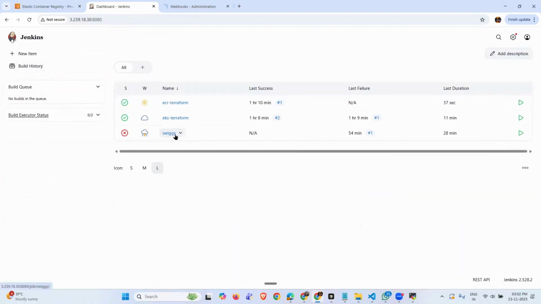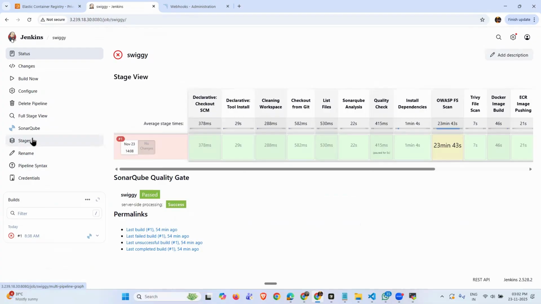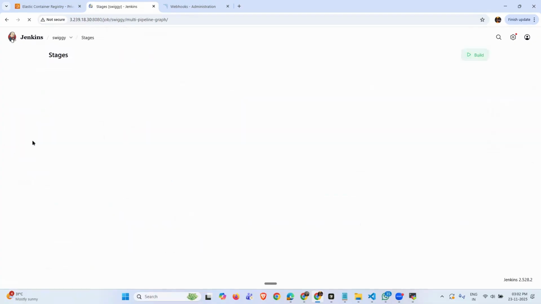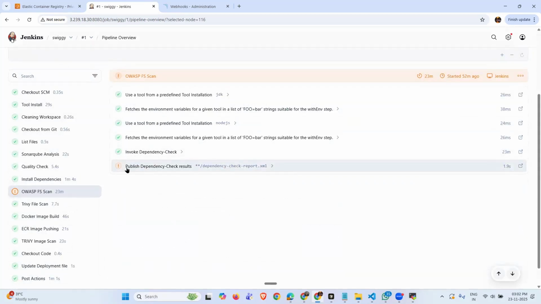Maybe if I check it. The problem, everything is done. The problem is that the file path is not there. If you go and check the stages, everything is done. It's showing only pushing dependency check results. This file is unable to find the dependency checks report. I think this file is missing. That's why maybe the